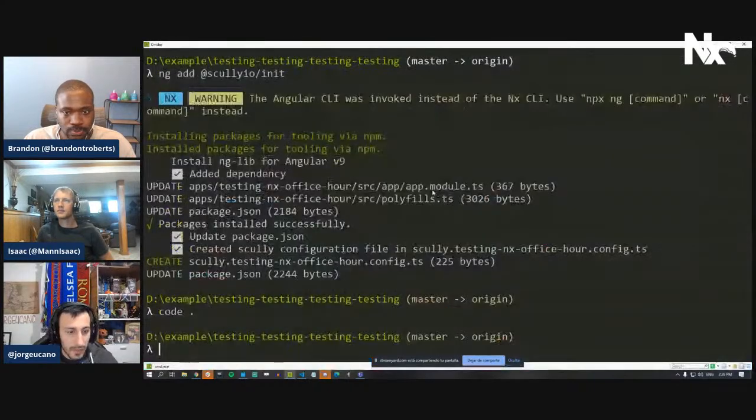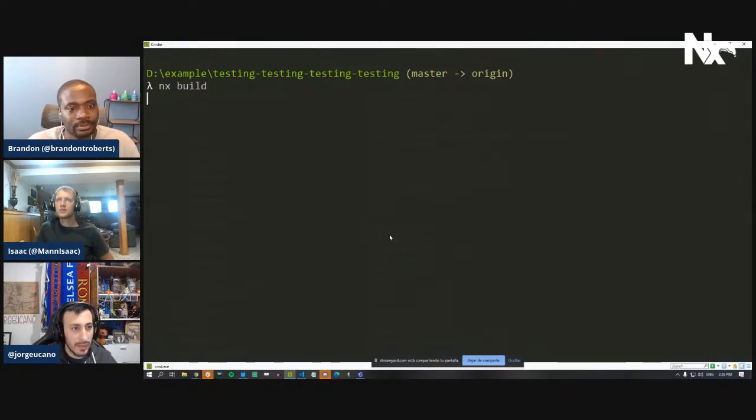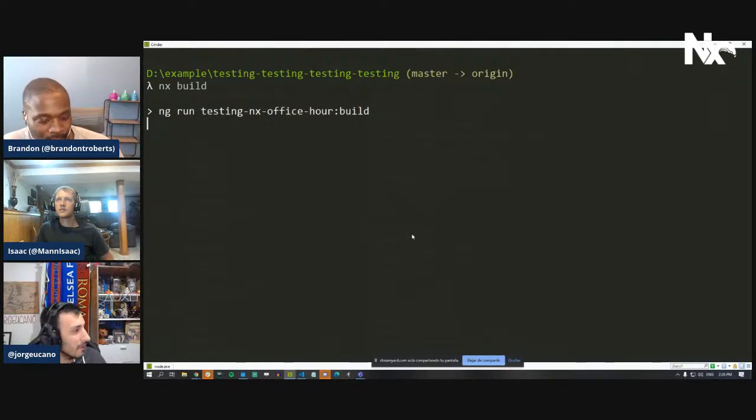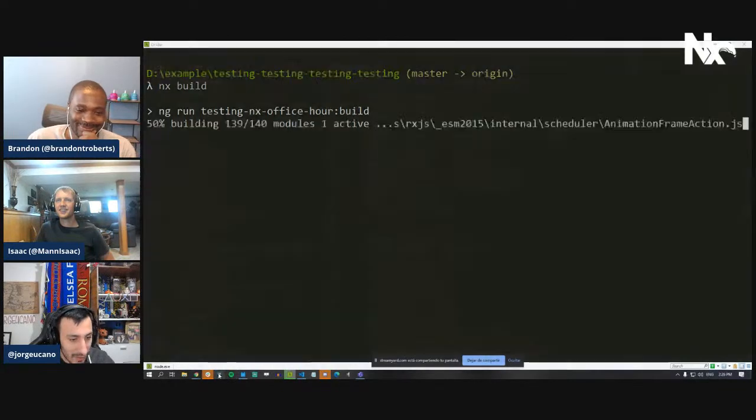So now we have Scully working. I will next build Scully init the build for work. I will be using those NX commands too. I will show you something in my